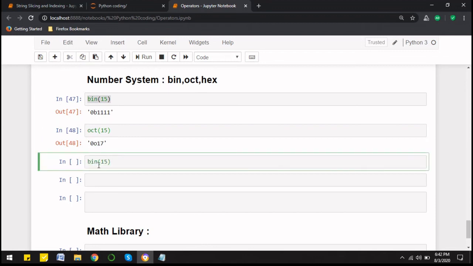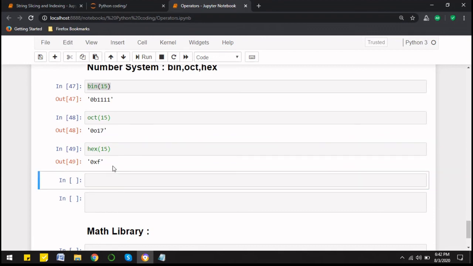And similarly, when we have to find out the hexadecimal value, we know that the hexadecimal value of 15 is F, but hexadecimal value is represented by 0x. So binary value is represented by 0b, octal by 0o, and hexadecimal by 0x. So these are the different binary operators. The reverse can also be true.